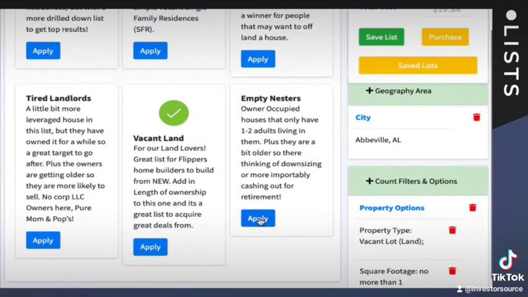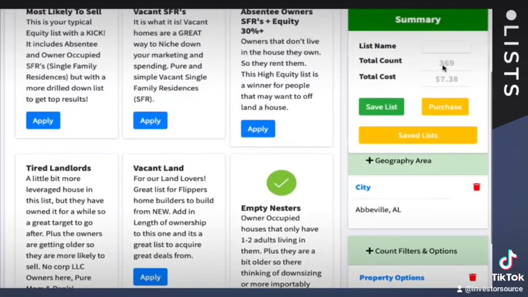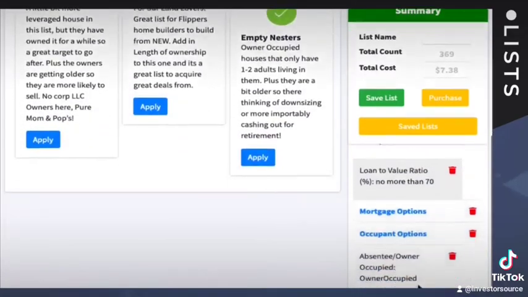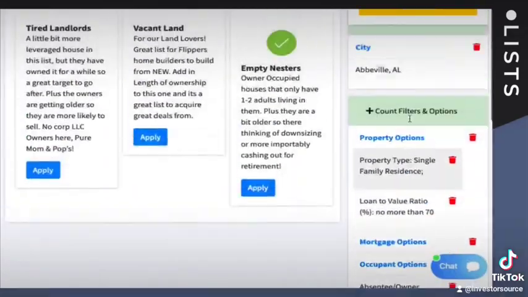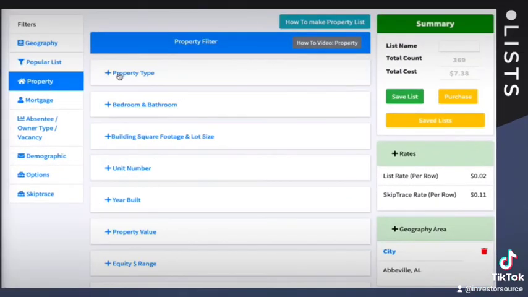Empty nesters. Let's do empty nesters. You can see once you get that green check mark, you know that the filters have been applied, and you can see the filters that are applied right there. Now you can always go into property and add in additional